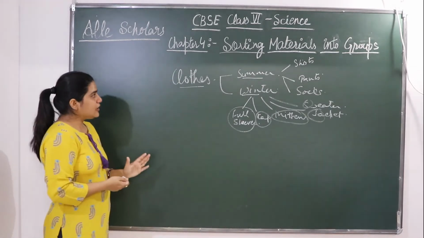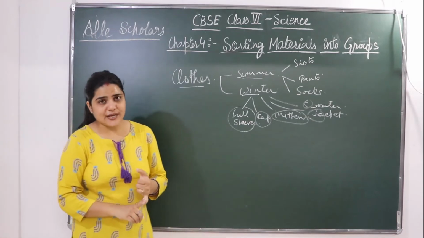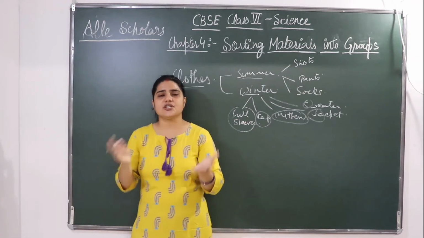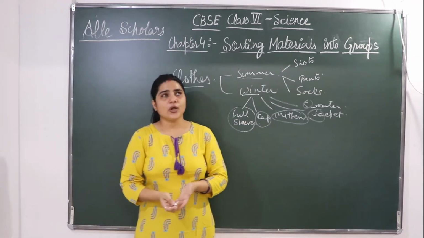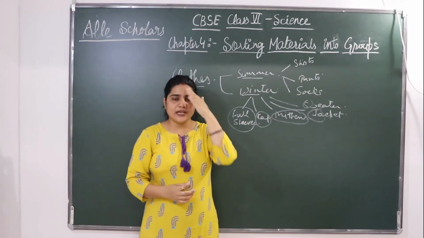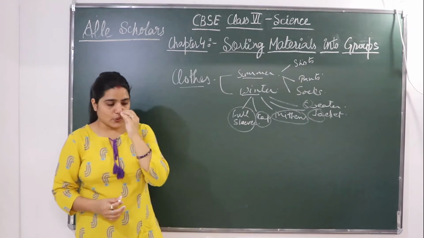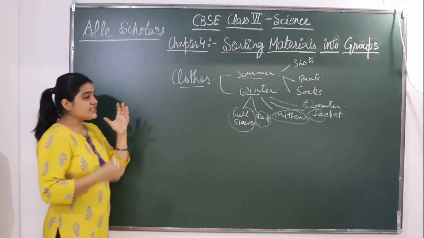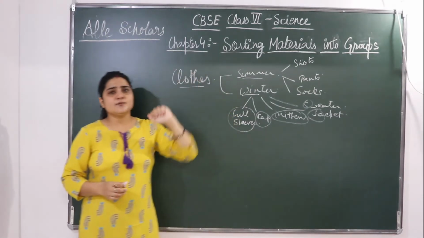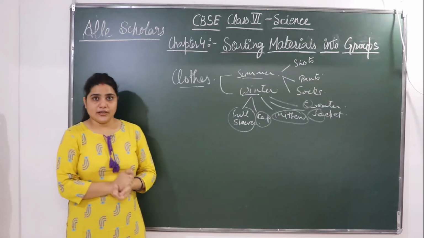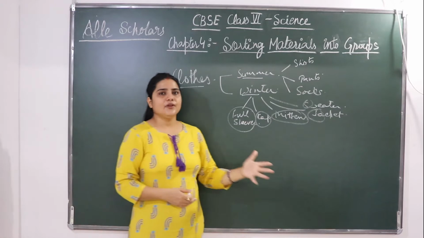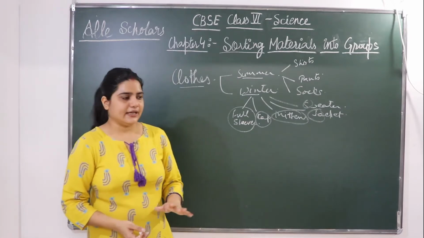Okay, so all the objects have their different shapes. You must know a table is round in shape, a chair has a different shape. A fan has a different shape, a light has a different shape. So each material has its own shape. Similarly, if we see the colors, the board is green in color, chalk is white in color, that fan is black in color. So each one has its own color. It's not like at home all the things are red or all the toys are green in color. It is not like that.